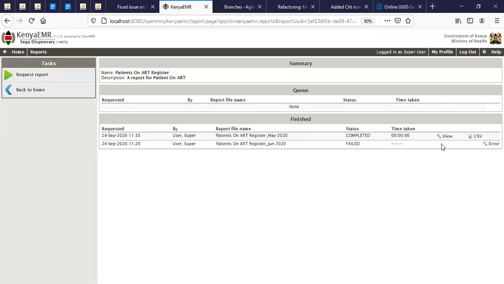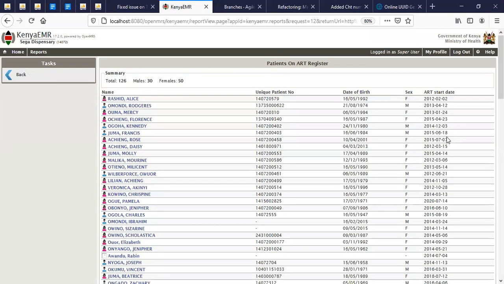Okay, it has given me my result. So let me view it. So now I think all of us can see how it differs, how the cohort-based report for a person looks. You can differentiate it from the other indicator report in that this one immediately shows you the line list of guys, although they are the summaries. So you immediately see in the line list the unique number, the date of birth, their sex, and this is the extra